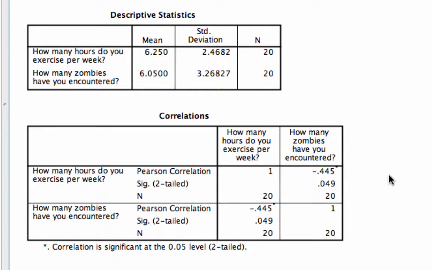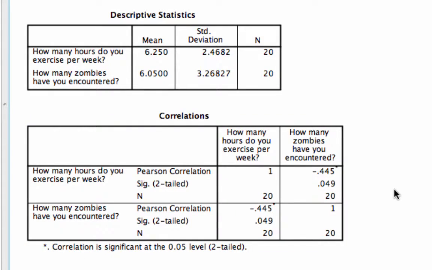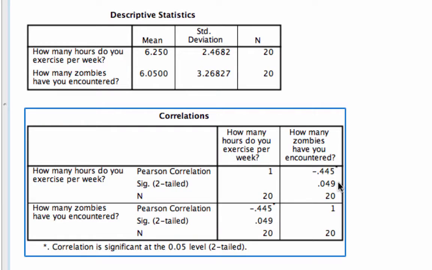And so our second table, this is really our correlation table, and we've seen this before. Right, we've seen that here are our ones, which is essentially the same variable looking at each other, exercise and exercise, and zombies and zombies. And so we can look at either one of these two cells to look at the relationship between exercise and zombies encountered. So we have our Pearson's correlation coefficient, little r, negative 0.445. We see our sample size of 20, and now, because we know what sig means, we know what our p-value is, now we can look at this number here,